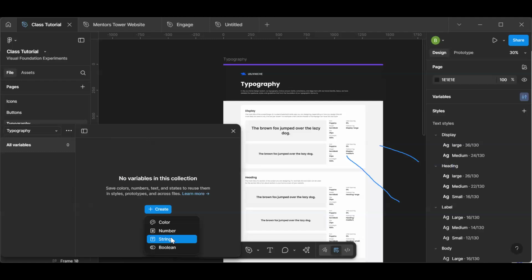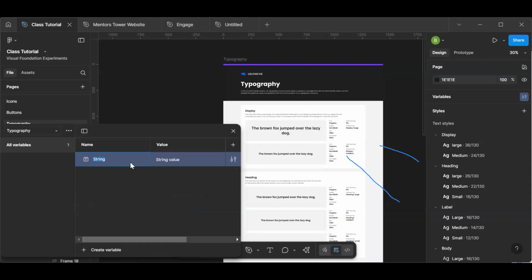So font is a text. So we are going to use strings, right? So we have color, we have number, we have string, which is text, and then we have boolean. All right. So we are going to use strings. So I'm going to name this font family